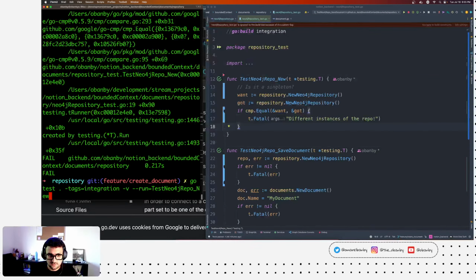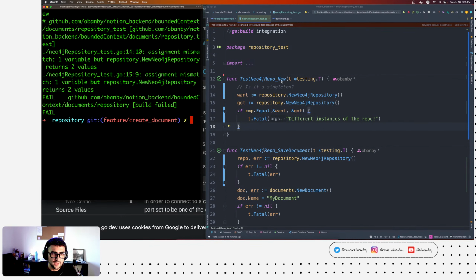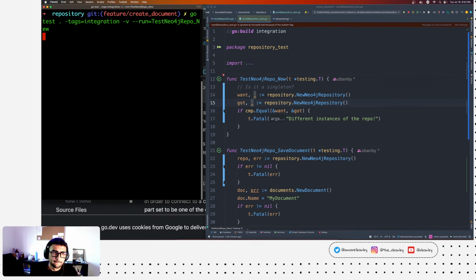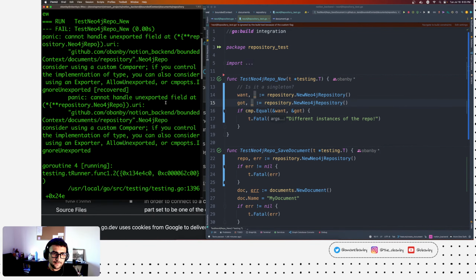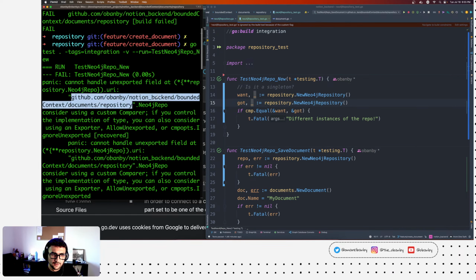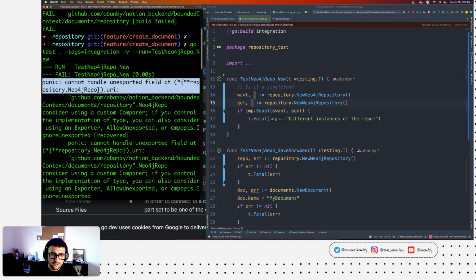All right, let's run this and see what happens. And of course, I'm going to ignore the error for now. And it's still trying to compare these, so I'm just comparing two ints essentially.